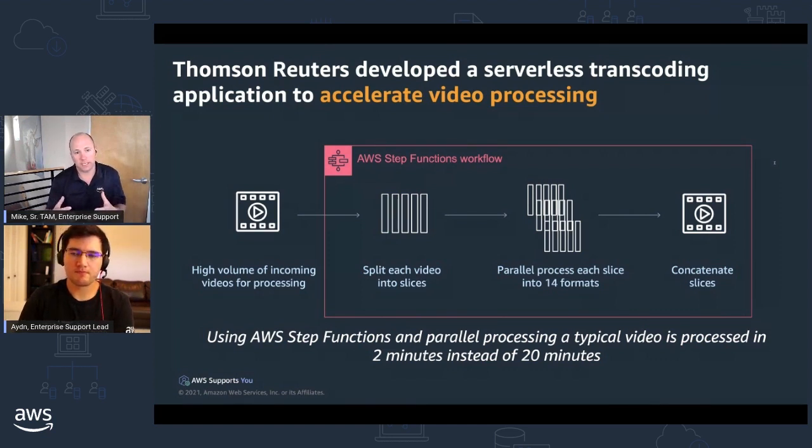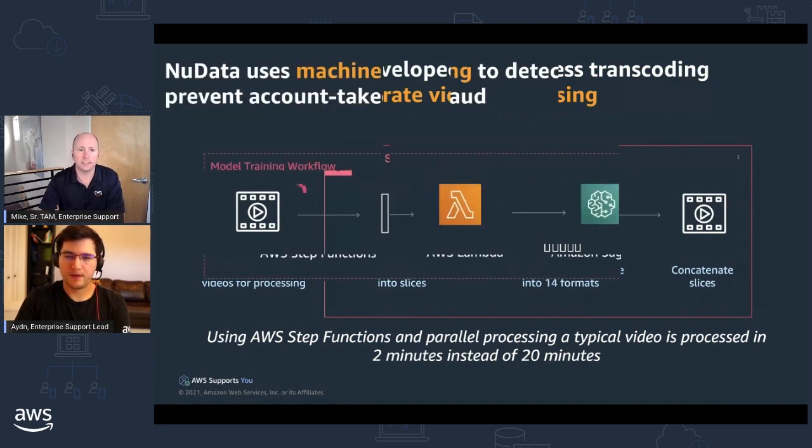So what we do in this case with Step Functions is break the process up and parallel process rather than processing this all at once. In this way, we can break down the processing of video from a 20-minute processing time to be able to transcode it down to 2 minutes, which is fantastic. Another use case is about